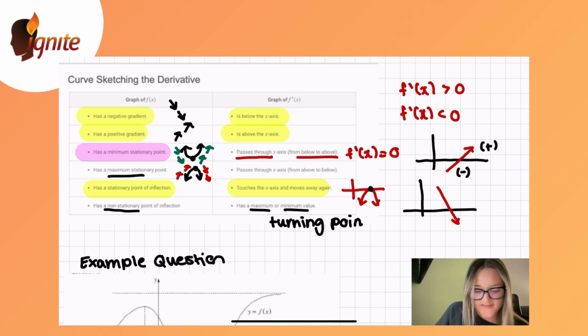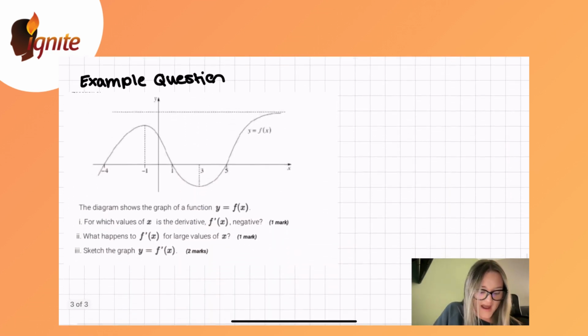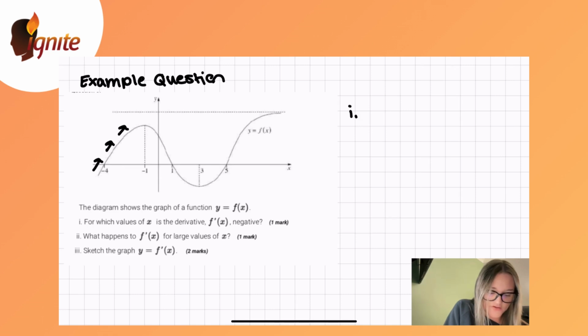So if we have a look at this example question, we can see how this information can then be applied. The diagram shows a graph of the function y is equal to f of x here. For part I, we need to find for which values of x the derivative f dash of x is negative. So if I draw my arrows, I can see where my function's gradient is positive and where my graph is increasing or decreasing, and that's going to help me to answer this question and then to graph my function